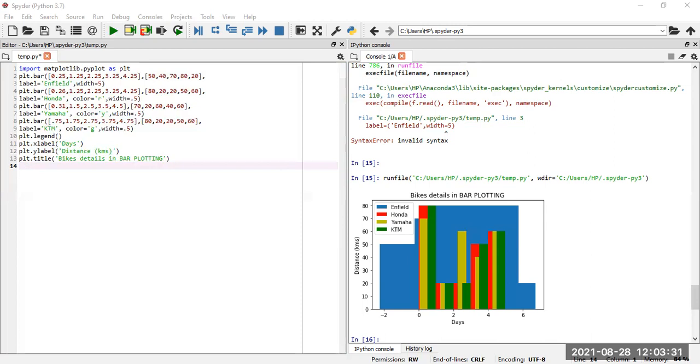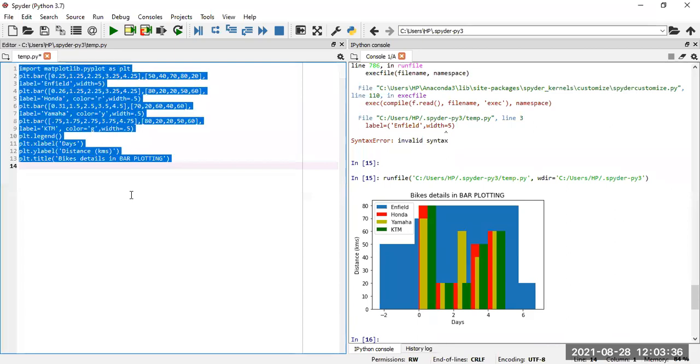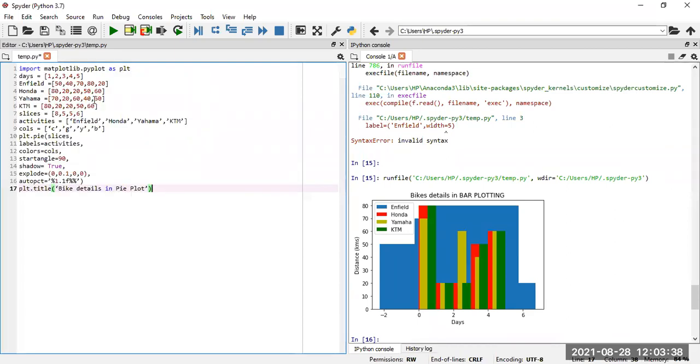Another example for the same program: now we are trying to make it a pie plot.